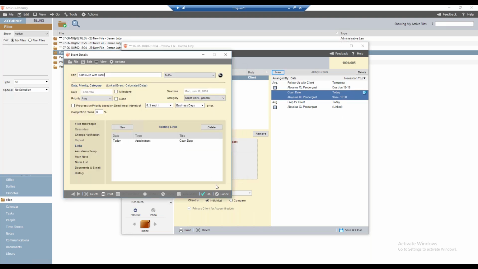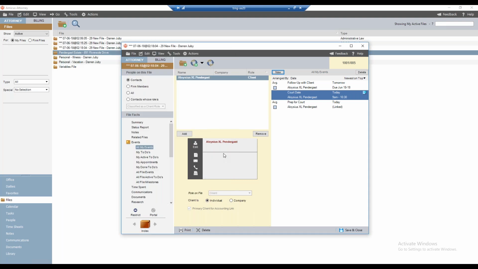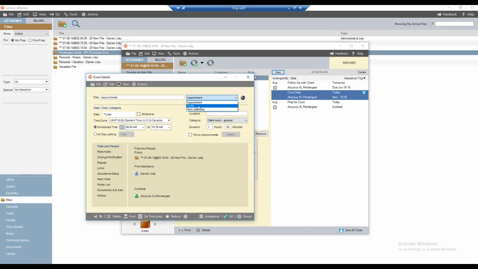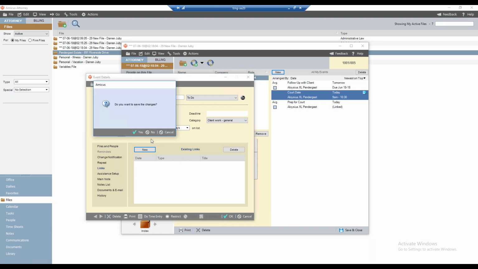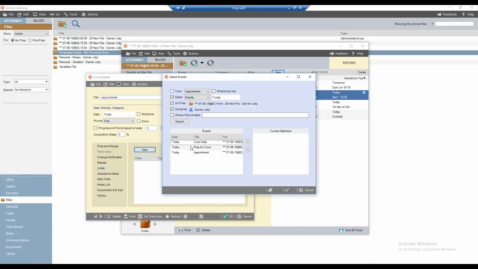Okay, and let's create one more so I can show you guys how I got to this point. I will click New. One more to-do. And much like what I did in the original example, I'm going to link this one to this follow-up client just to show you guys how I did that. So again, I will say yes on this. This time, I am going to make